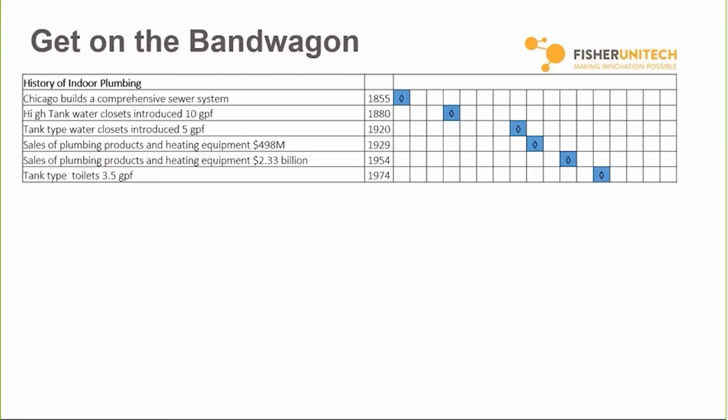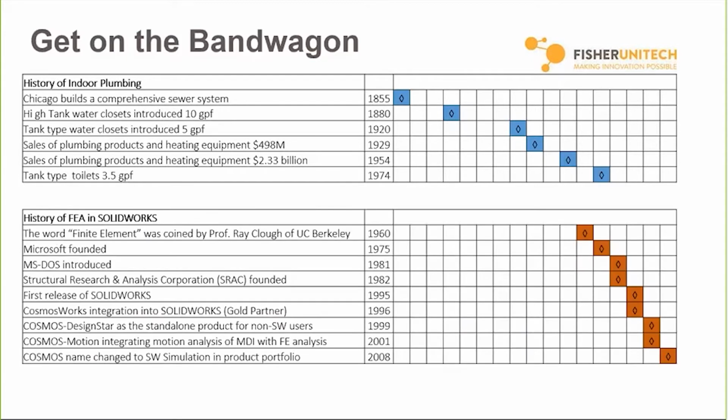And if we look at the history of plumbing compared to the history of computer-aided engineering, obviously way back in Rome, they had viaducts and they were moving water around, but we're looking at the more recent history of plumbing as we know it today. And if we look, it's actually relatively recent. Back in the 50s, 60s, there was still some rural America. There were still a fair amount of outhouses around. Now, if we look at the history of FEA,